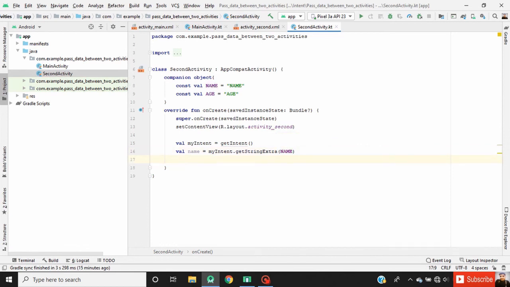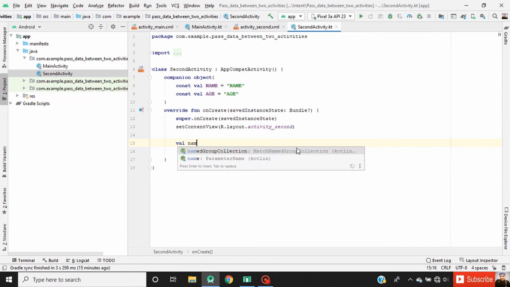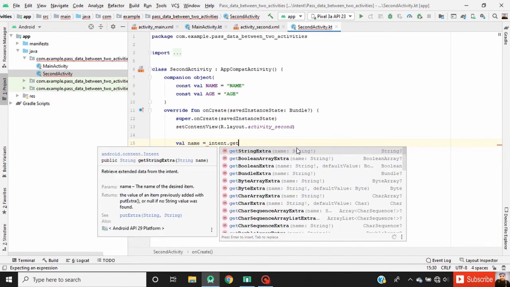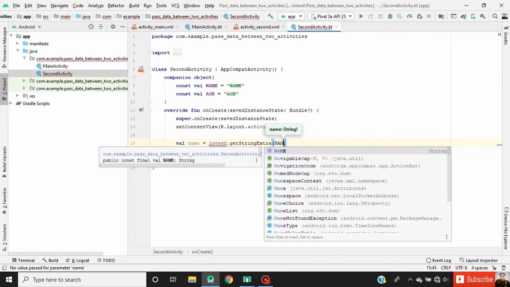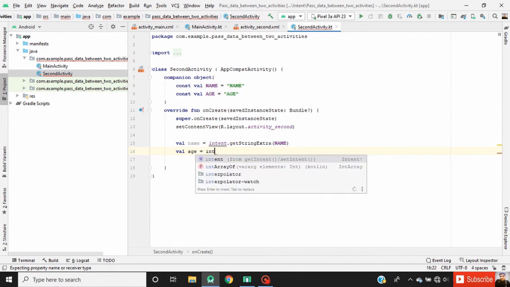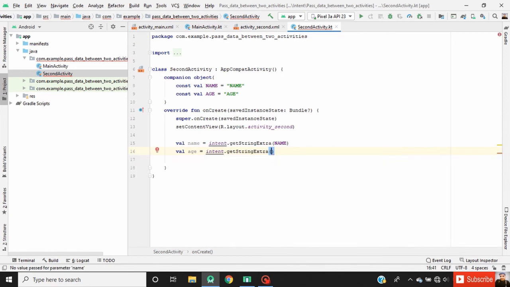Here, because of Kotlin magic with getter and setter, the getIntent function becomes the intent property, so we can rewrite it: val name equal to intent dot getStringExtra and pass our key. Similarly, val age is equal to intent dot getStringExtra and our key age.